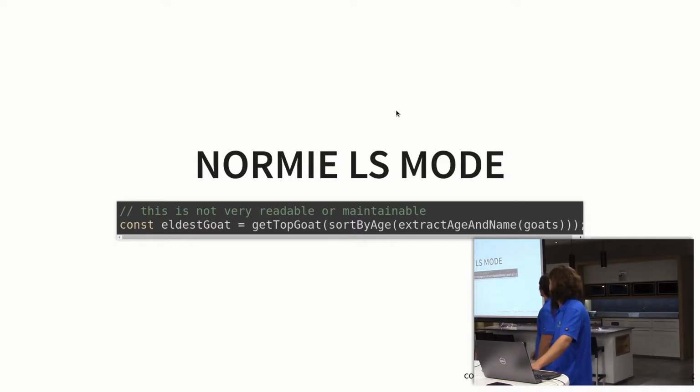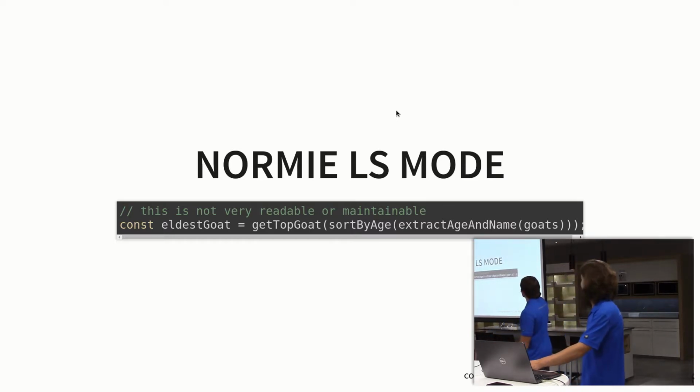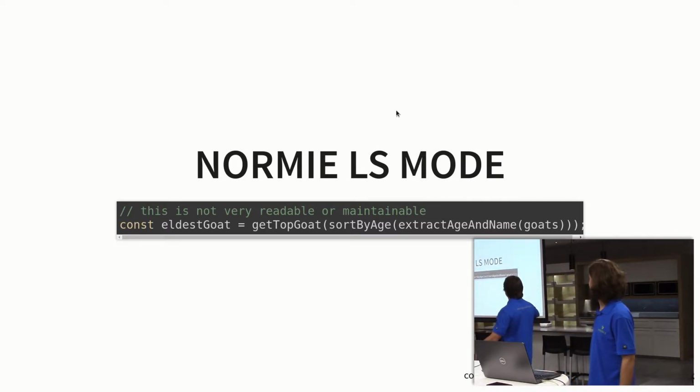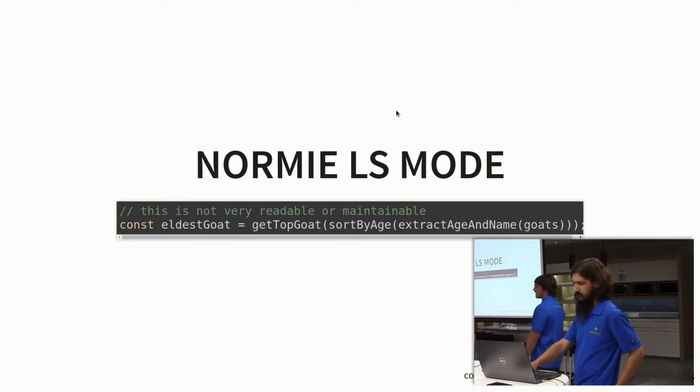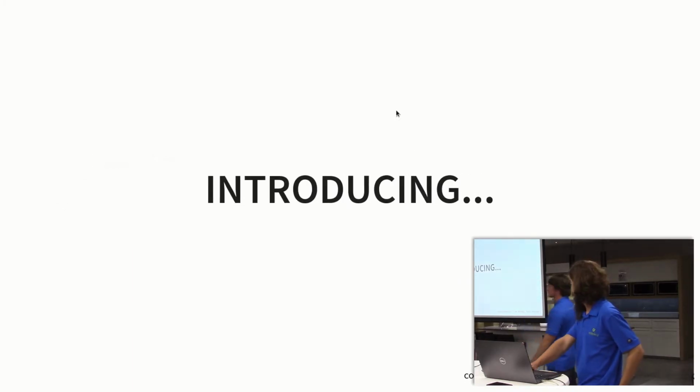Cool. So in this example, we've just got normal JavaScript mode, okay, and we've got nested functions here. Now the thing is that we're composing functions together, but it starts to get really messy, difficult to understand. You can see our point coming in here as goats. It's just horrible. Okay. So now this is where we introduce